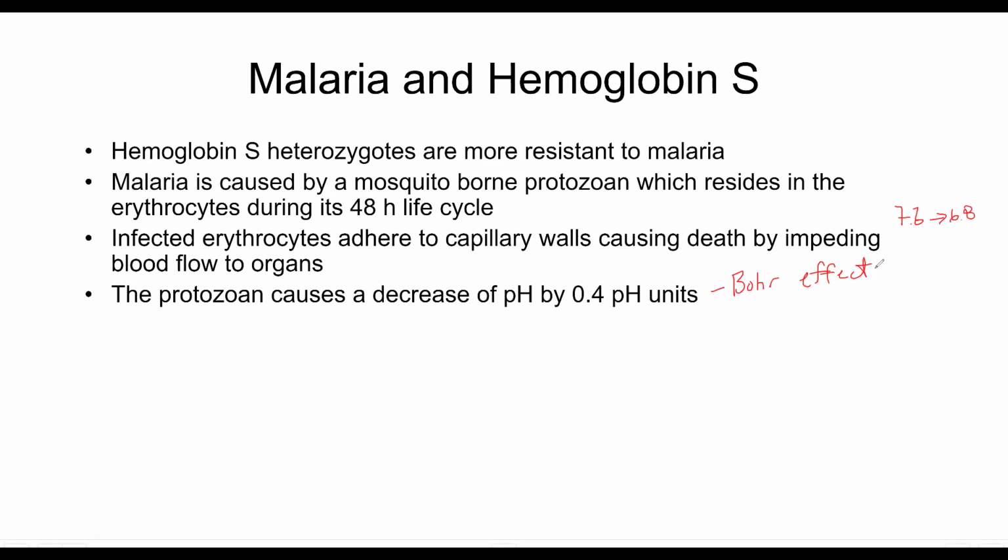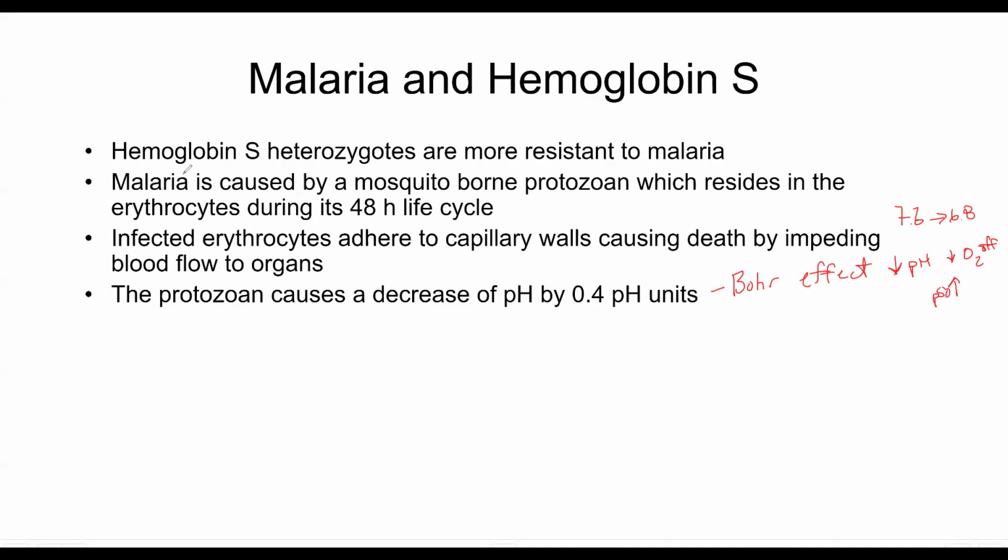The Bohr effect is characterized by a drop in pH causes a drop in O2 affinity. Now, another way to put that is it causes P50